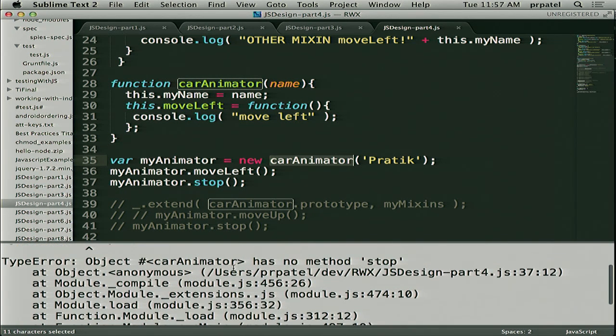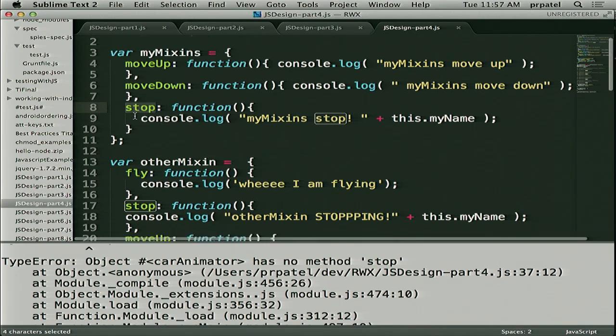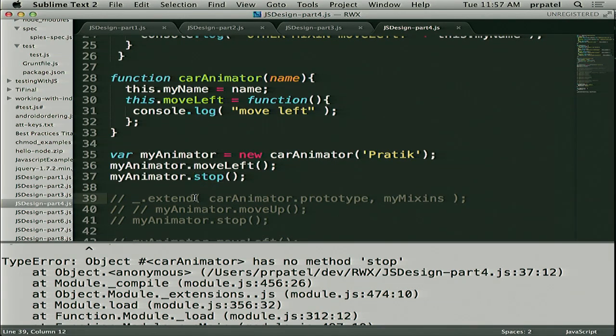But we have a stop function in this myMixins object. So what we want to do is take this myMixins, which implements move up, move down, and stop, and mix it in, or essentially merge it into a base object, in this case, car animator. So what we can do with that is